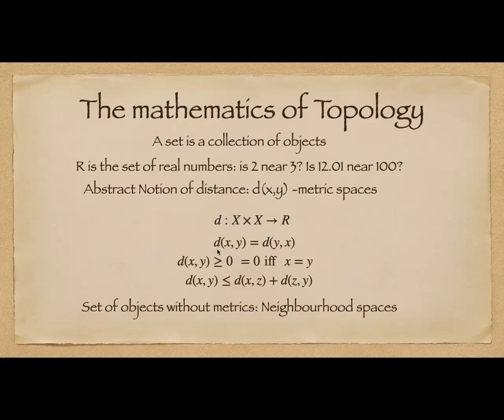And this map is restricted in such a way that d of xy is equal to d of yx, and d of xy is greater than or equal to 0. It is 0 if and only if x is equal to y. And then there's the Cauchy-Schwarz inequality. Now, all of you know that the distance on the real line is simply implemented as,